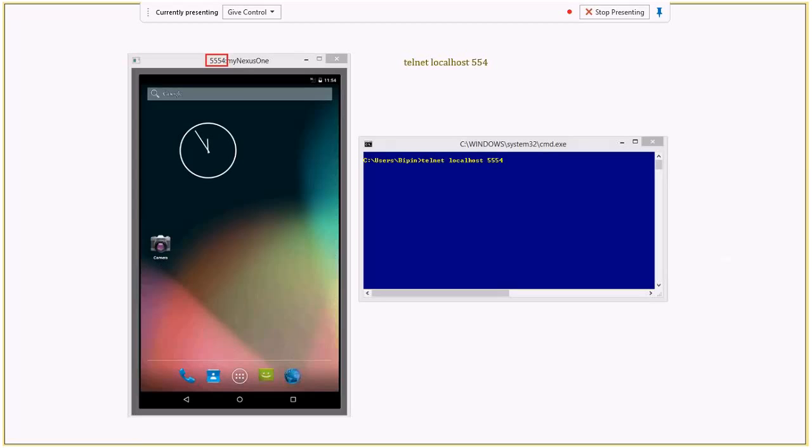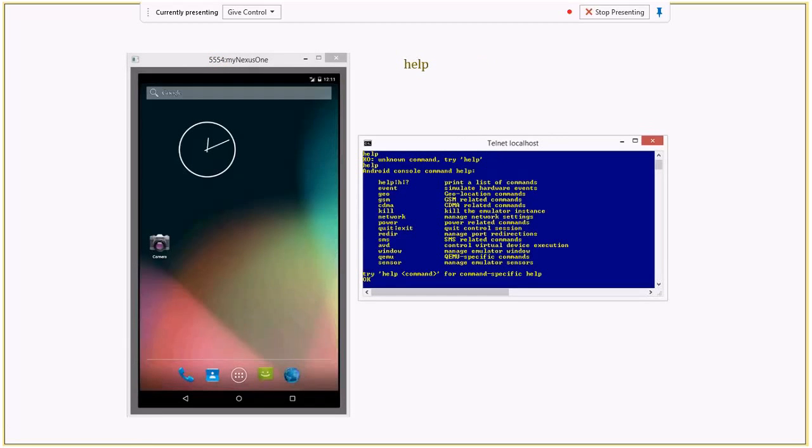Okay, this shows the emulator screen which I brought up on my laptop, and you see on the title bar there is a 4-digit number, which is the actual port number on which this emulator is listening. You can use telnet. You'll have to enable telnet on your Windows machine. Then you telnet localhost and the port number which you are seeing on the title bar, and you're through. You can send commands to the emulator to mimic a condition under which you want to test your app. In this case, I'm showing help, so that it gives you a quick idea of what all is possible with this emulator by telnetting into it.